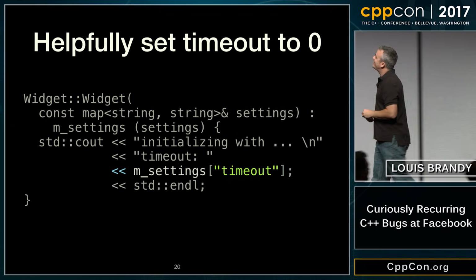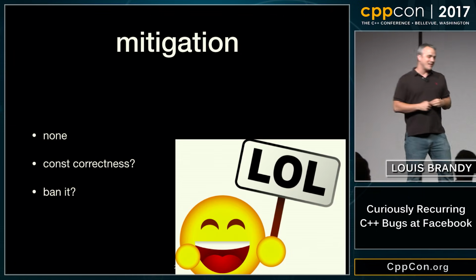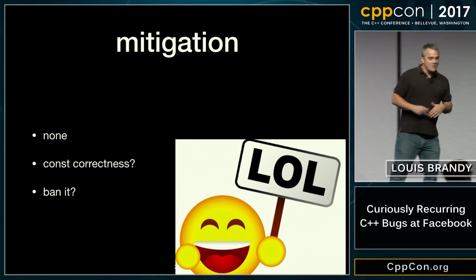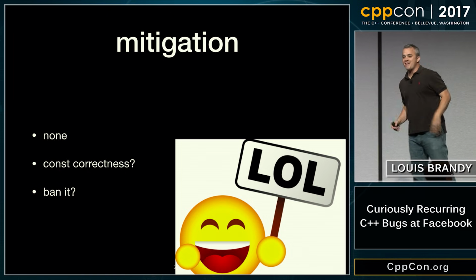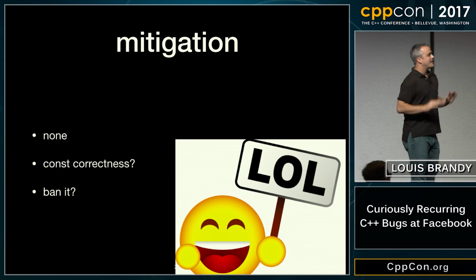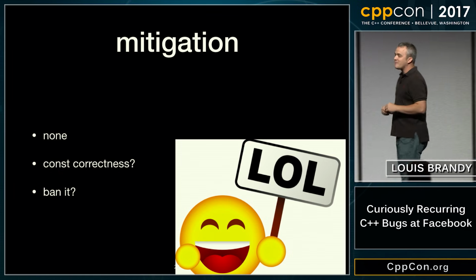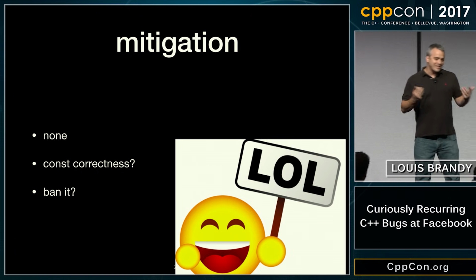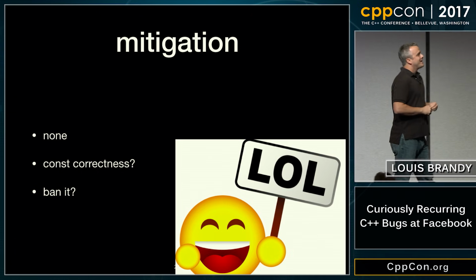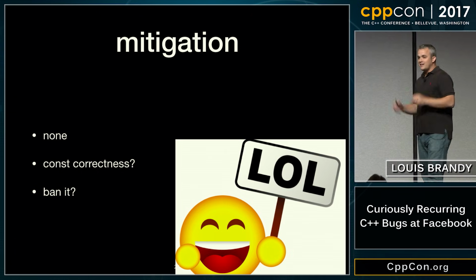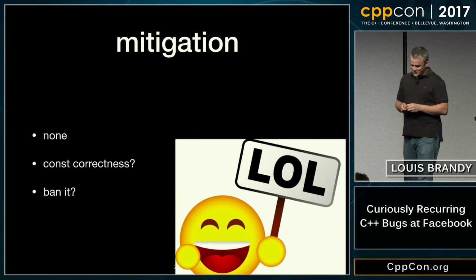Okay. All right. So here's the bad news about this newbie trap. It's actually the one we're the most powerless against. I have nothing to help you. Like, people have legitimately suggested we just ban it. Just ban the square bracket operator of map. Const correctness helps to some degree, but not always. So I got nothing. If you have a clever idea, let me know. Come find me. Okay? I'm interested.